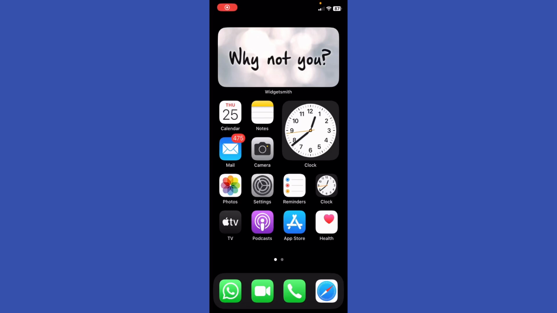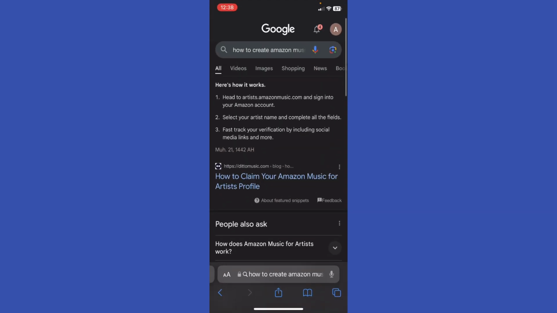My name is Adam. How to create an Amazon Music artist account. Basically, what you're gonna do is open up your browser. This is your Amazon browser, and here's how it works. Head to